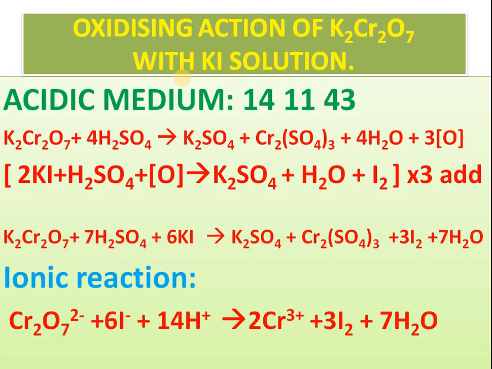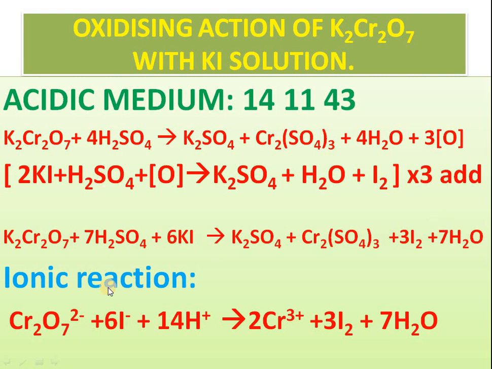Let us see. Now a very important point: whenever you write an equation, please write it in one line. This is the foremost and first point we need to remember. Why? Because it will decrease the source of error. If you write this equation in one line, definitely the chances of error will be least. Okay, so for potassium dichromate, as I told you, you can remember the number 14, 11, 43, and this method is the same. KI plus H2SO4 plus oxygen gives rise to I2, K2SO4 and water, because we multiply 3 nascent oxygen by 3 and add. So this is your final equation.